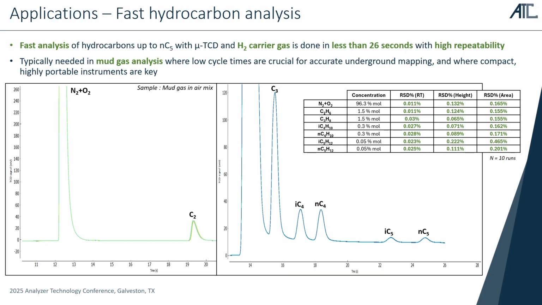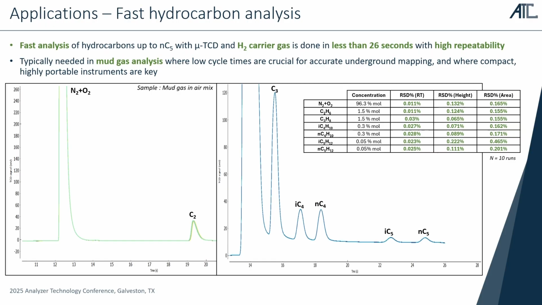I mentioned fast analysis. Well, one way to go even faster is to use hydrogen as a carrier gas. And you have an example here with hydrocarbons up to C5. Well, hydrogen with TCD is not meant for everything, of course. But here, it's a good application because we lose just a little bit of sensitivity with a 20–30% gain in cycle time. And this result here shows that we obtain this separation in less than 25 seconds with very high